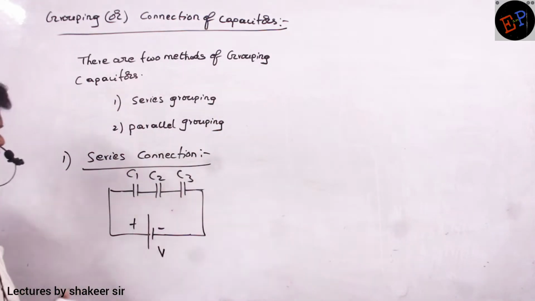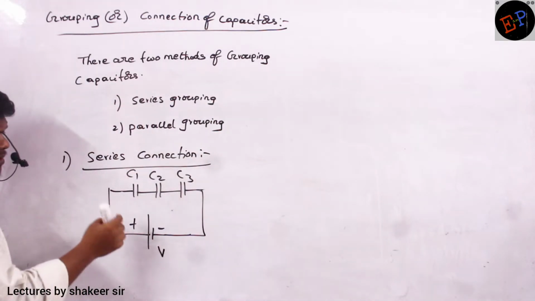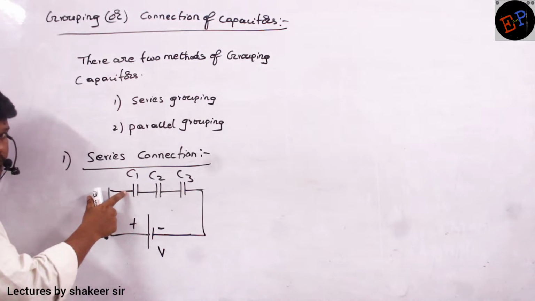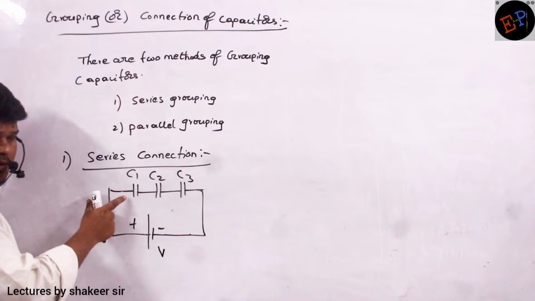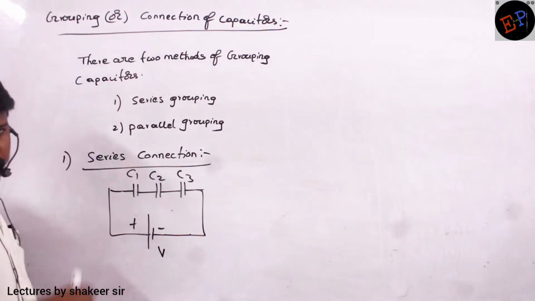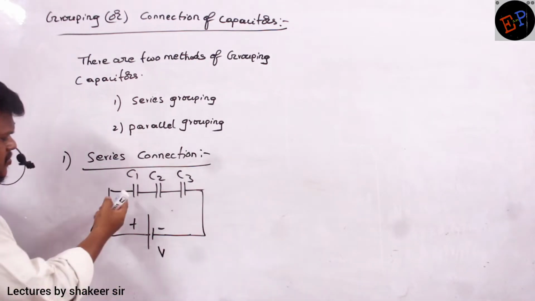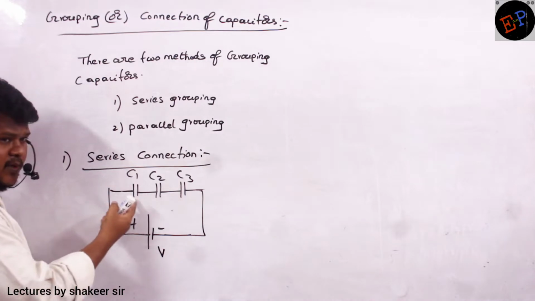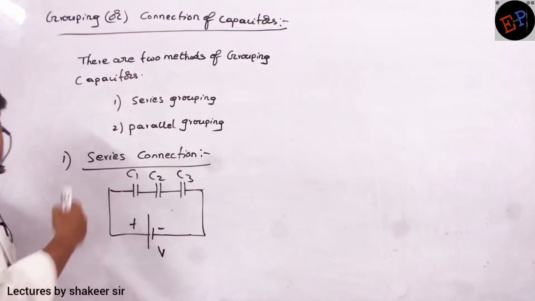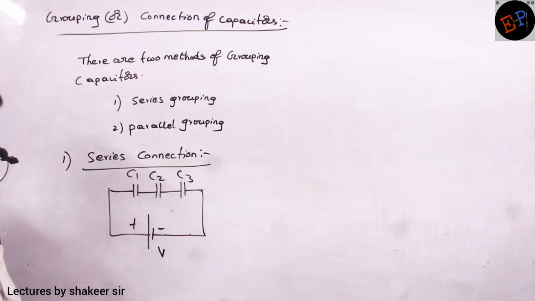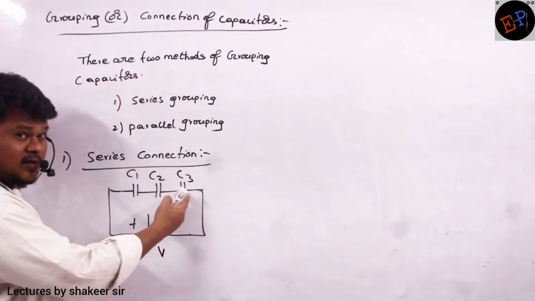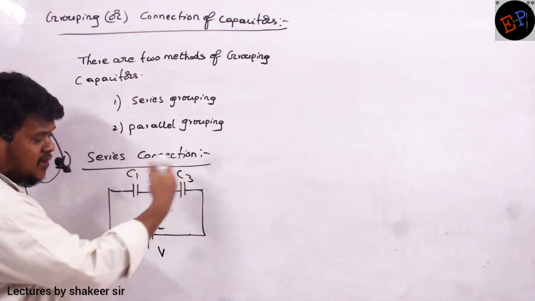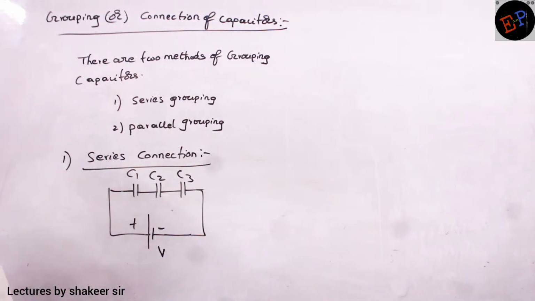See what happens is, this battery attracts electrons from the first plate of the first capacitor. So this plate will become what kind of plate? This will become a positively charged plate, no? So these electrons go and get deposited on the last plate, or second plate, of the last capacitor. This is what happens, no?